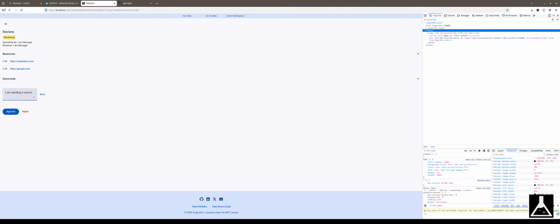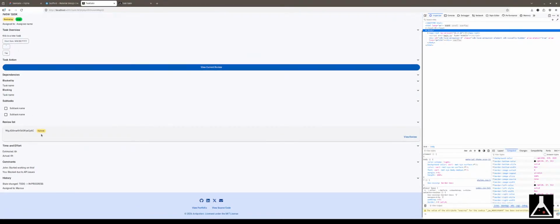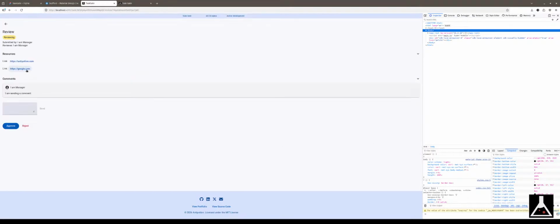I am sending a comment in which you can see immediately. This is happening in real time. After that, as you also notice, once the process is in review, if you go back, the task status is also in review. And you can view here in the review list the review that you just made. After entering it again, as you have more discussions,